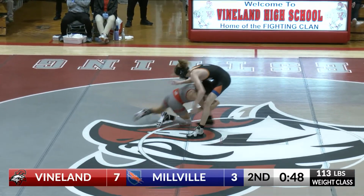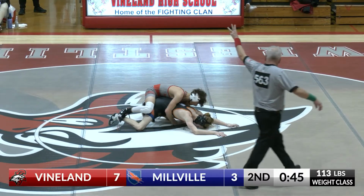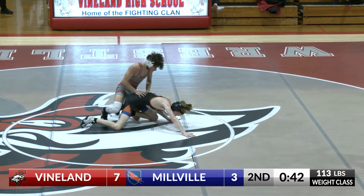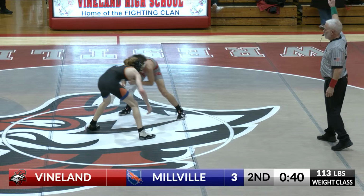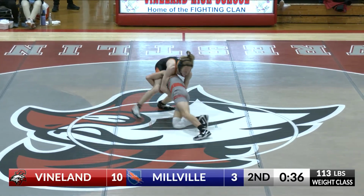Broadley taking his time here. Nice single leg, good job covering the hips, getting 3 points. Good work, let him up, he's cutting him. Coach is telling him to cut, he cuts. Tries to pass that elbow. Another double,